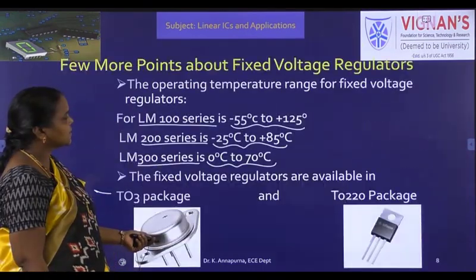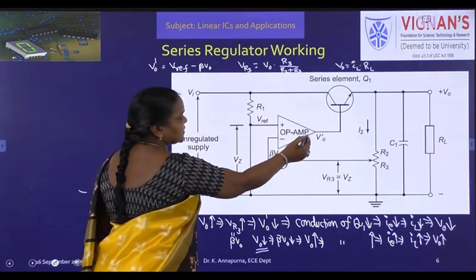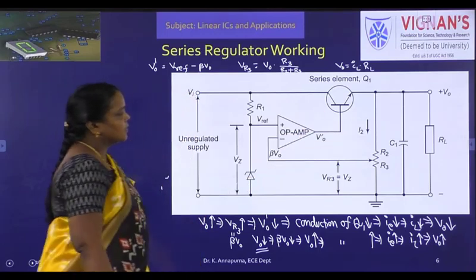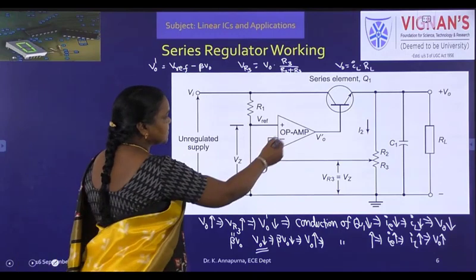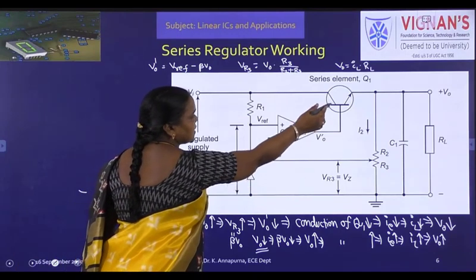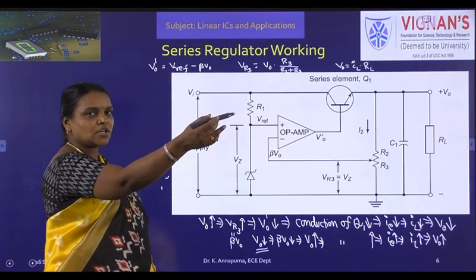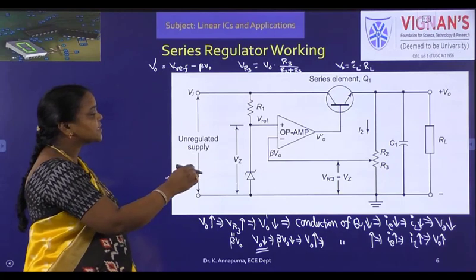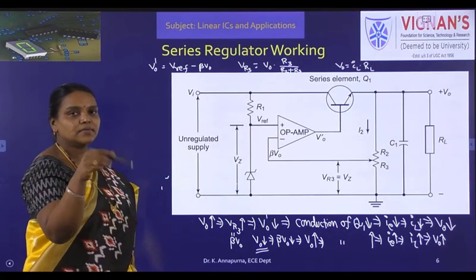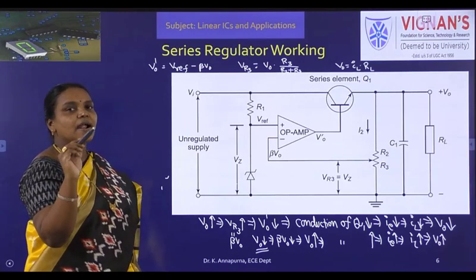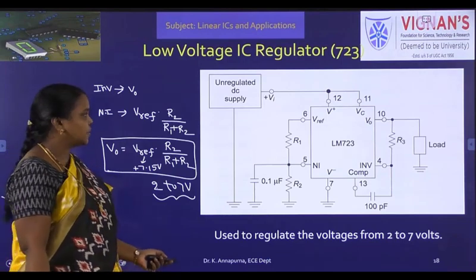Already we have discussed the series regulator, right? Here what is this operational amplifier? This error signal is activating the transistor. So suppose V0 increases, this value decreases and the conduction of transistor decreases, and finally it decreases the V0. So next time what happens, V0 decreases means the error will be changed. In such a manner, time to time it is decreasing the error, and finally it should reach 0. Okay, now let us see the high voltage regulator.